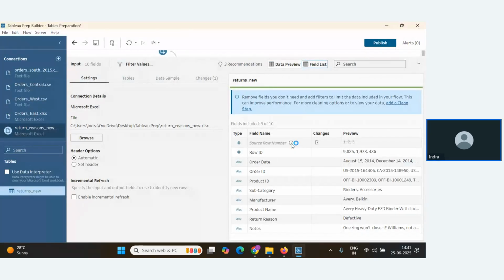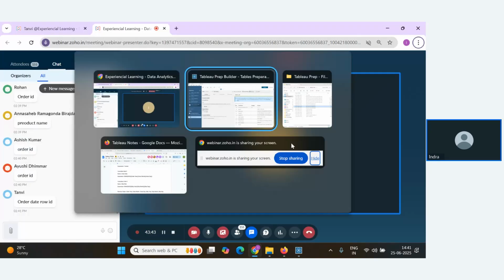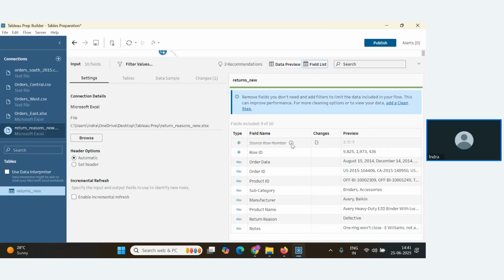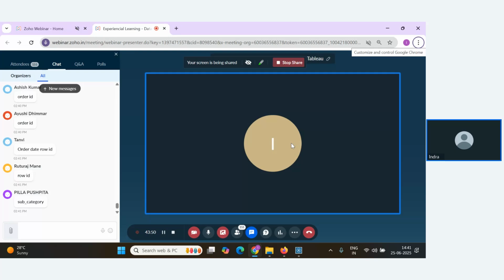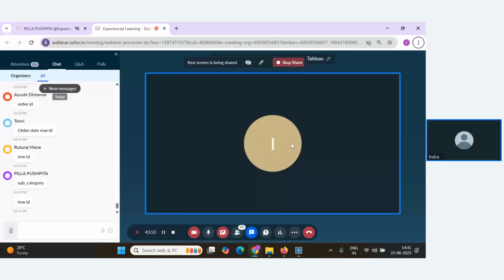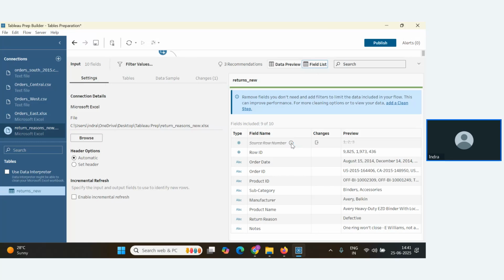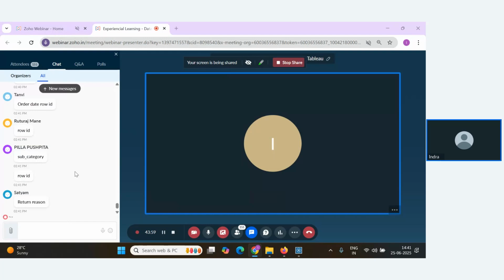Tanvi says order date and row ID. What about others? Subcategory, somebody is saying. Okay. Somebody says return reason. Return reason itself is not a meaningful column, someone says.